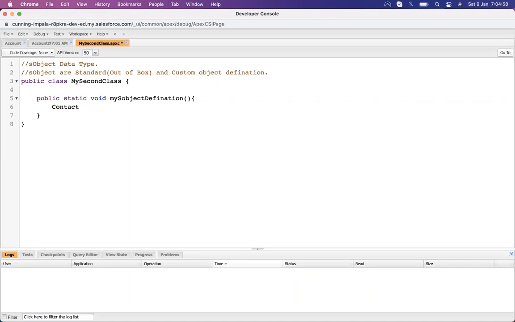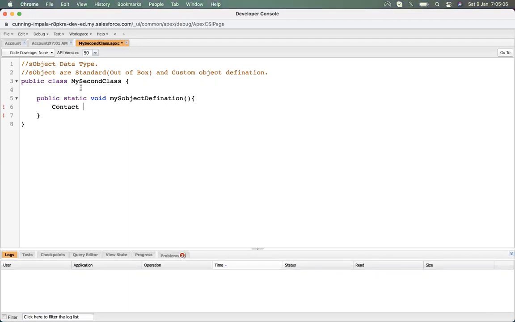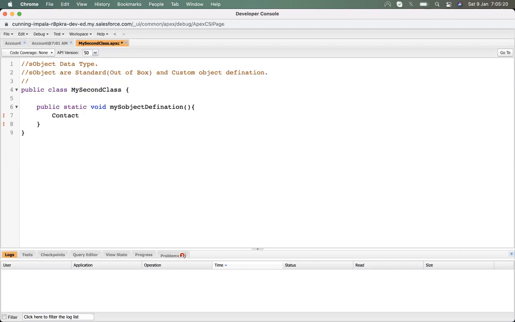Contact will also be a kind of S object data type. Just like we declare an integer or any other type, we will use it in a similar way. We use contact, and then we declare its name. If you have to declare an S object, we